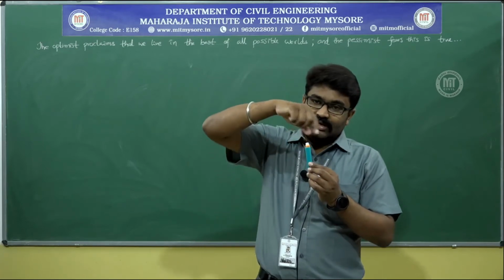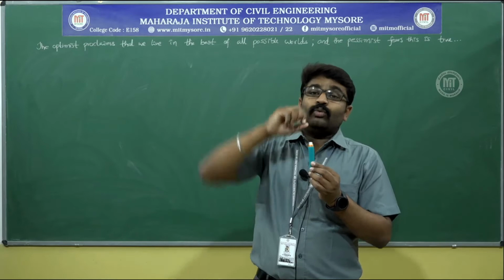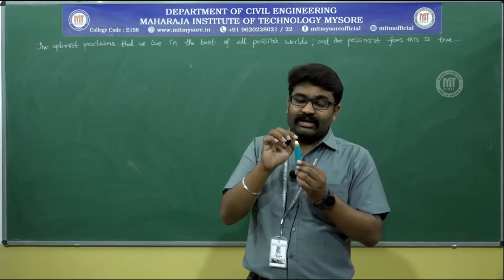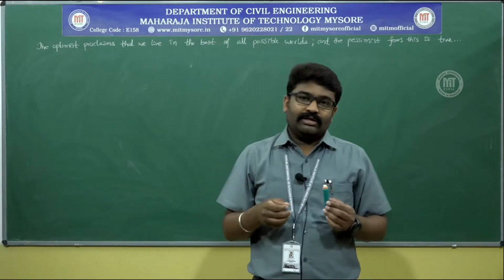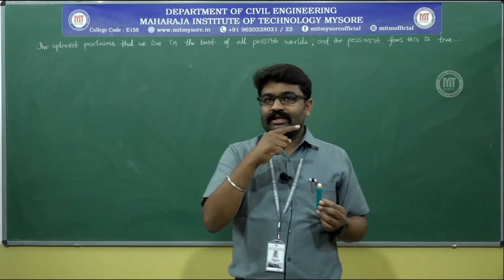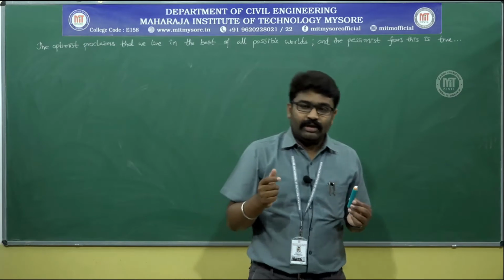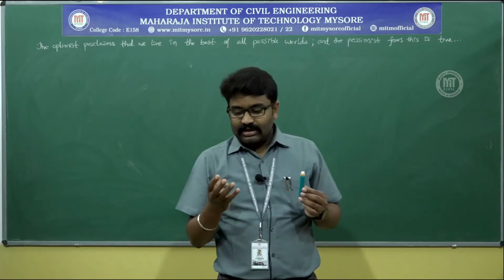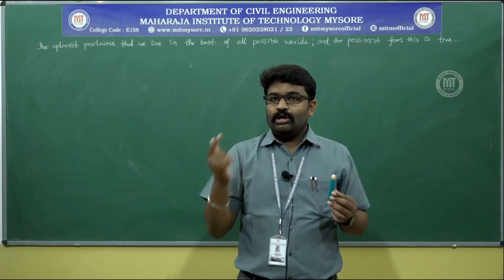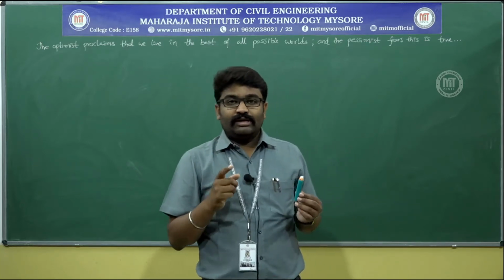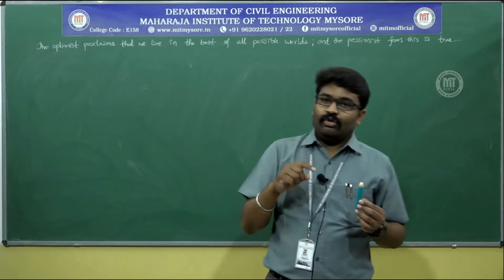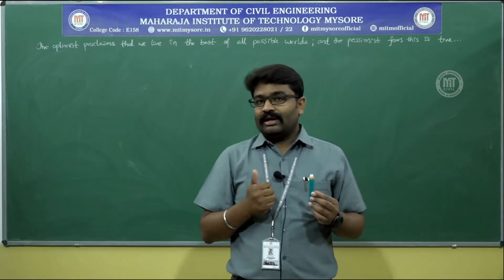For the inner cylinder, you need 12 Newton meter torque if it has to rotate at 1000 rpm. Now you have to calculate what is that mu. Mu is hidden in the equation tau is equal to mu into du by dy, in which the requirements are tau, du and dy. If you get them, you will get mu. How do you get tau? Tau is nothing but force by area.